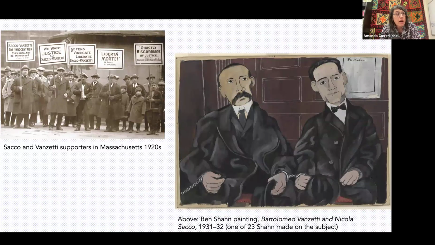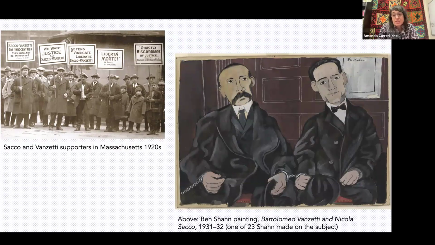It's inspired by Sacco and Vanzetti. I'm sure some people on the call know who these guys are, but also as time moves, this is one reason archive work is so important, is people go in and out of our hearts, our mouths, our presence, or even our knowledge. So Sacco and Vanzetti, they are Italian-American immigrant anarchists from where I grew up. So they were heroes to my family,